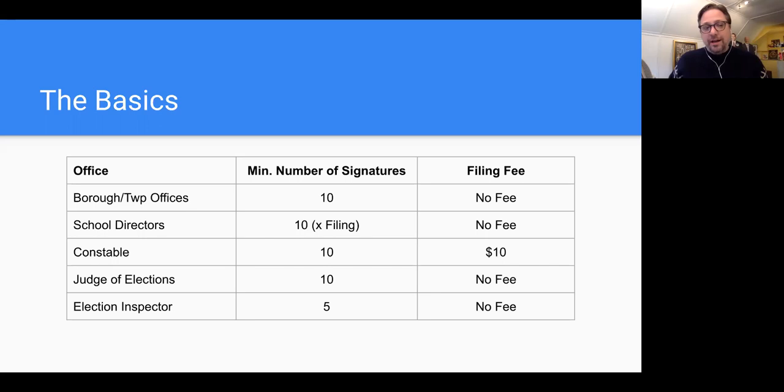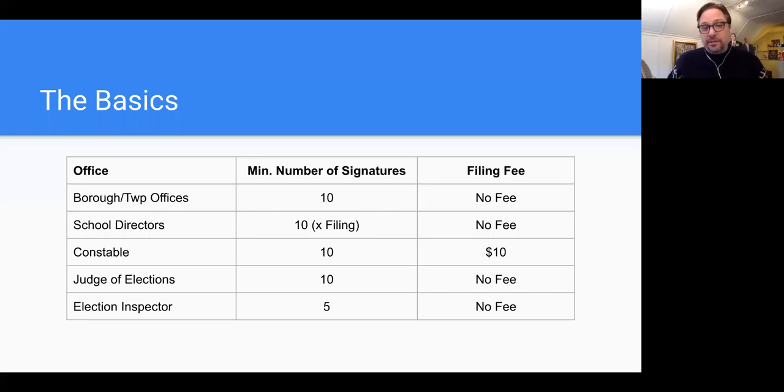If you're going to run for constable, all of the constable seats are open in Erie County this year, or are up for election anyway. Many of them were vacant heading into 2021. So if you know folks who may be interested in these positions, it is a unique position, and we would encourage you to reach out and talk to folks that you know about filling that position. There is some compensation for constable, depending on the job that you're asked to do by the district magistrates, and every ward or district in Erie County has a constable.